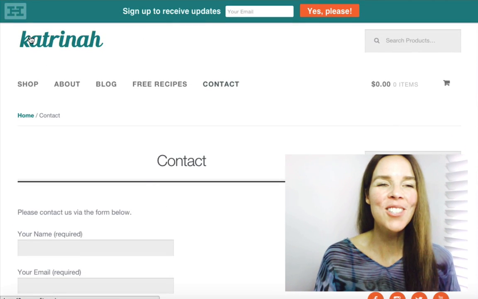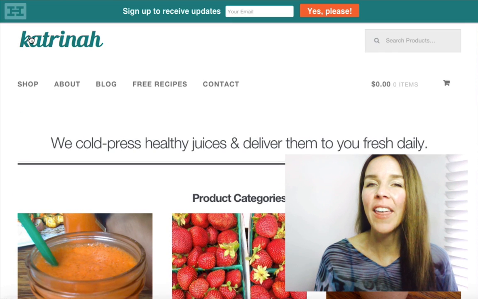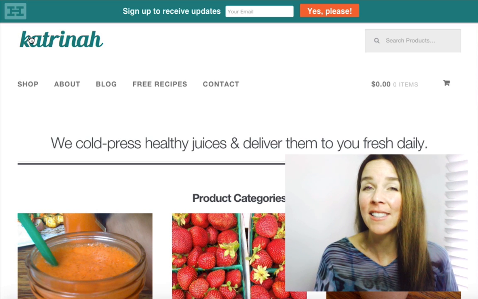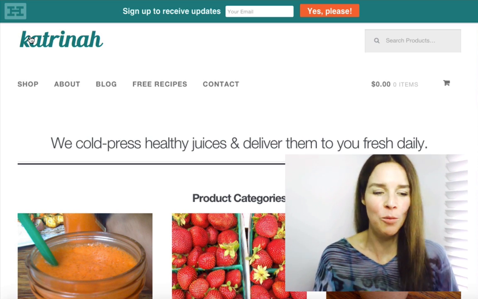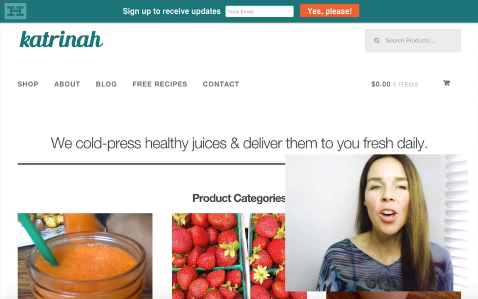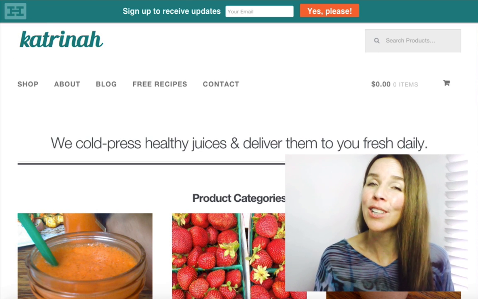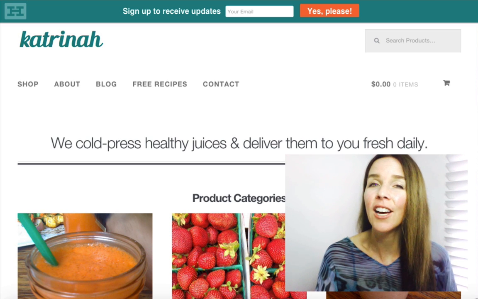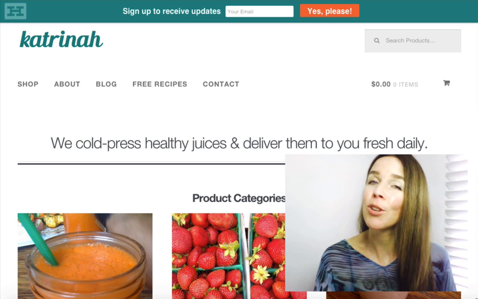Okay, going back to the home page, I want to point out that this is a responsive, mobile-friendly website, which is really important these days because we're all looking at websites on our mobile devices, our phones and tablets, and all other kinds, maybe even watches now these days. So good news, this is a fully responsive theme, which means that it will resize depending on what kind of screen size someone is viewing your website on.